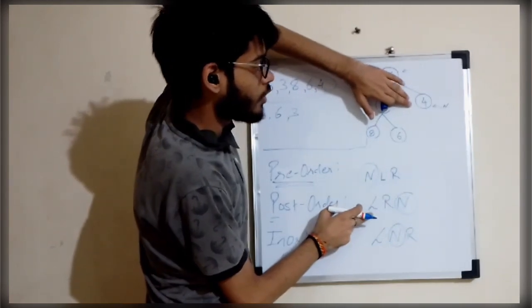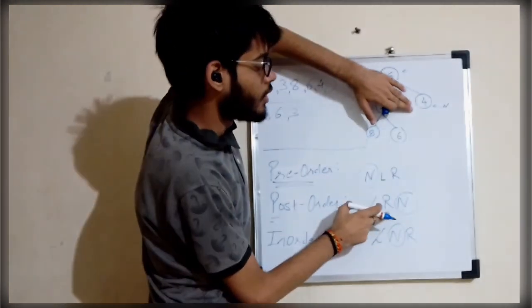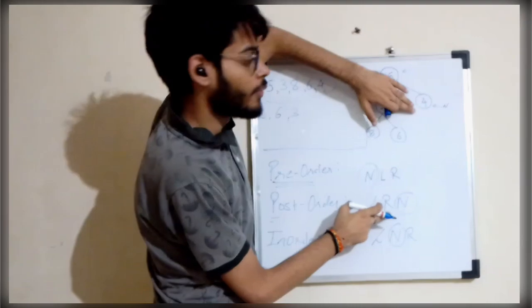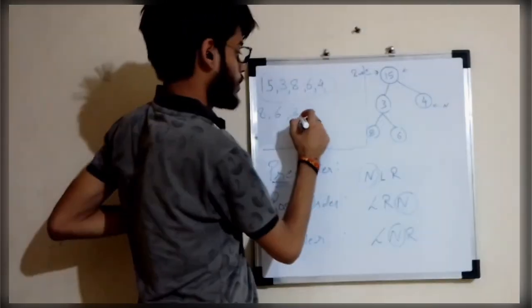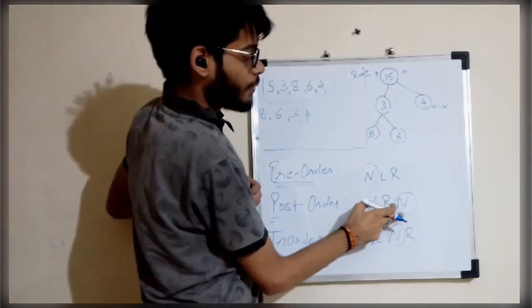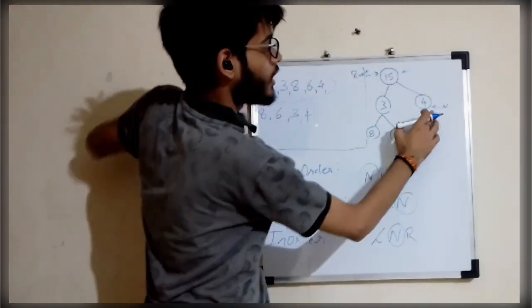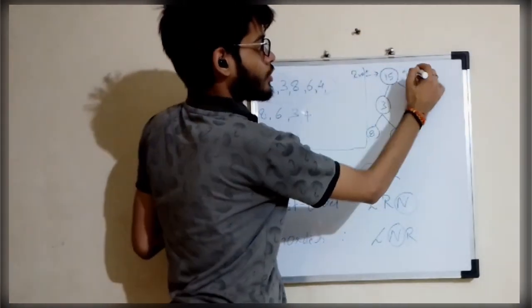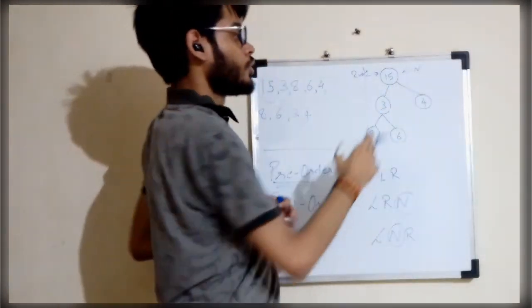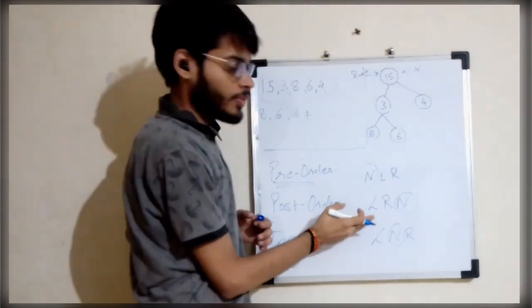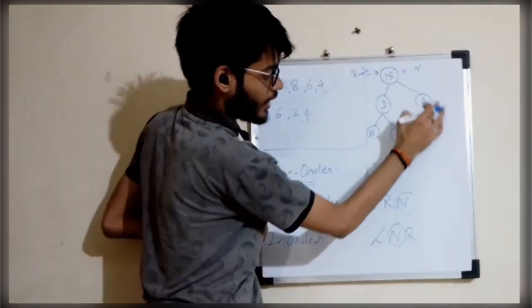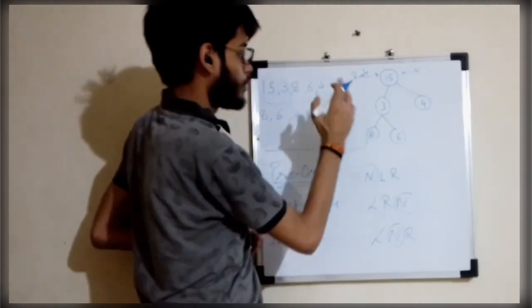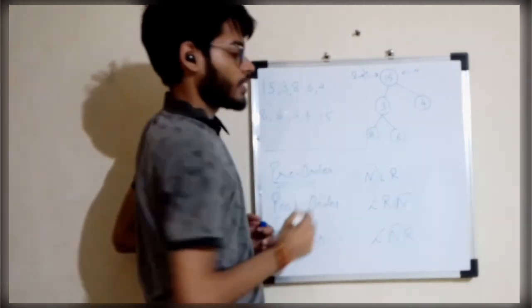Visit the left side of 4, which is null. We won't print anything. Visit the right side of 4, which is null. We won't be printing anything. Apply this and basically print this 4. After printing the 4, we have applied everything. It will again return back to 15. So now again 15 becomes our node. For 15, we have visited the left side and the right side, and now we have to print the node of this, which will be 15 itself.